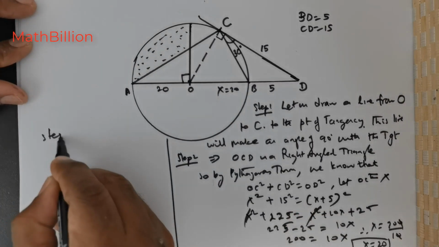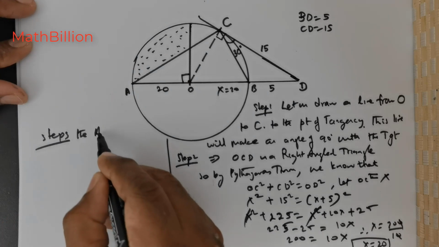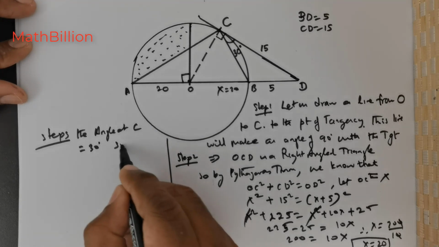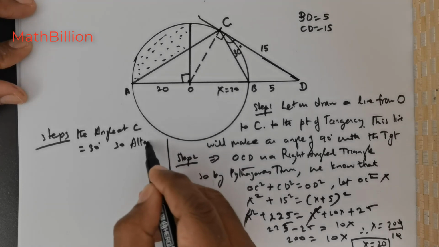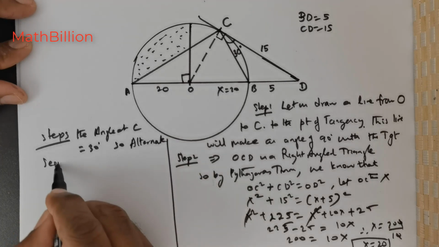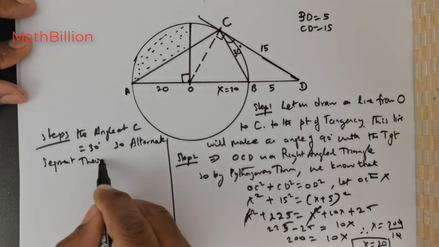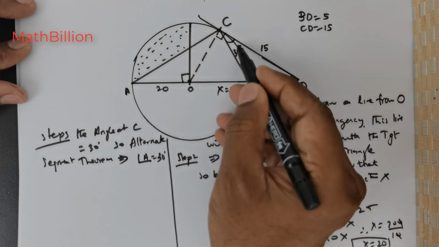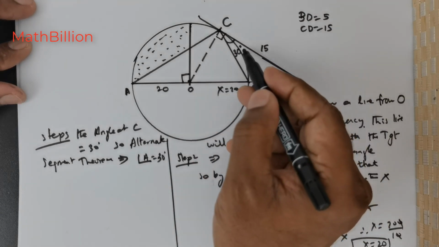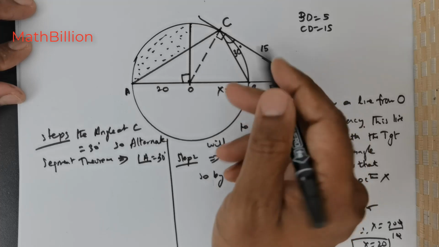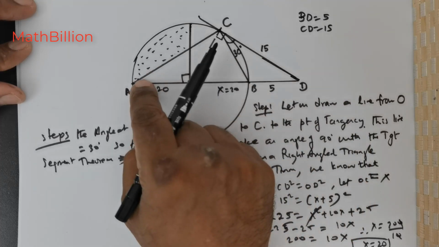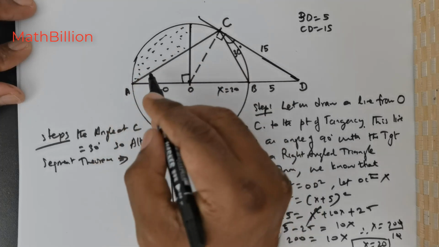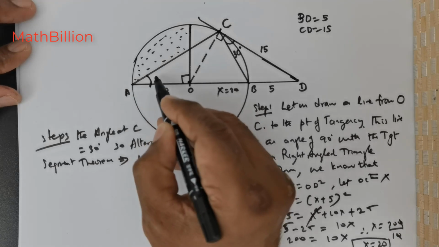Step 3, the angle at C is equal to 30 degrees. So by alternate segment theorem, this is a very important property, this means angle at A will be 30 degrees also. So this is making an angle of 30 degrees over here. So this would be directly reflected on this side. So this is going to be 30 degrees,